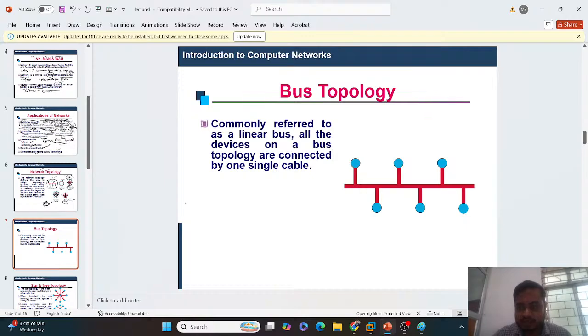पढ़ेंगे बस टोपोलॉजी क्या है। ये बस मतलब जो ट्रांसपोर्ट वाला बस नहीं है, ये वो वाला बस नहीं है। ये बेसिकली लीनियर बस है, commonly referred to as a linear bus, all the devices on a bus topology are connected by one single cable, okay। तो ये जो डिवाइसेस आप देख रहे हो, ये कनेक्ट हुआ है थ्रू बस, केबल है बस, ओके। तो ये बस के थ्रू कनेक्शन हुआ है और एक लीनियर मैनर में फॉर्म किया गया है, ओके। तो इसलिए हम लोग इसको बोलेंगे बस टोपोलॉजी, ओके। तो सिंपल है, एग्जाम में अगर आएगा तो आप आराम से लिख सकते हो।